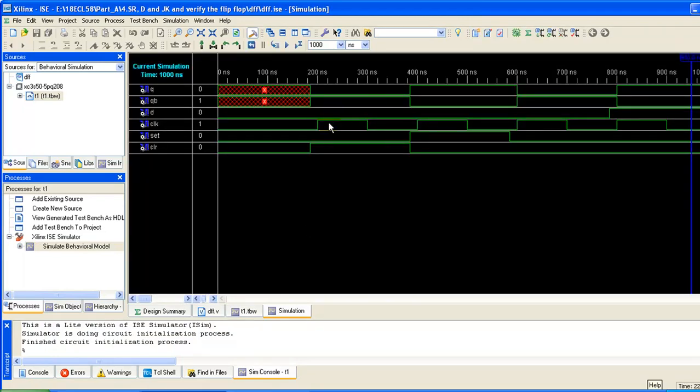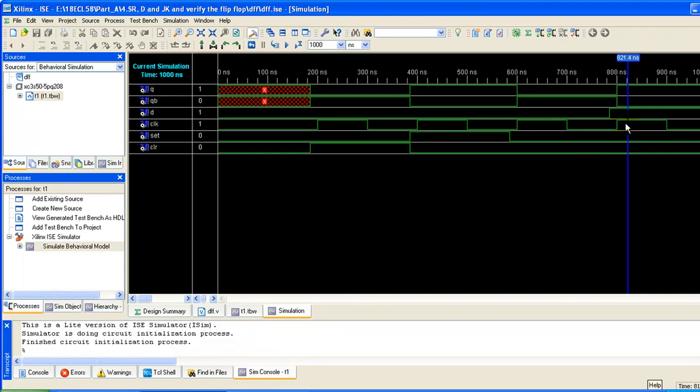Now the simulator window is opening. Here when clear is 1, Q is 0, when set is 1, Q is 1. Now I am giving the input. When D is 0, Q is 0. When D is 1, Q is 1. Therefore, whatever input I give to D, the same thing will appear at the output, except that we obtain the output for Q based on clear and set. In fact, we are giving the clear input and set input and making the Q output accordingly.